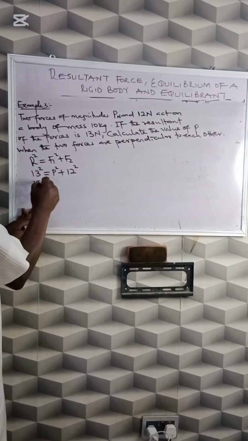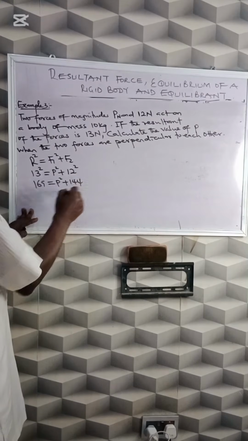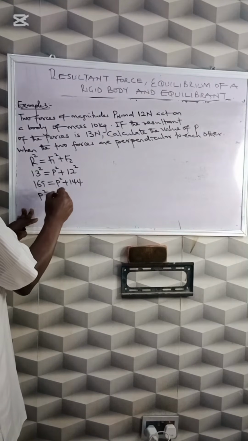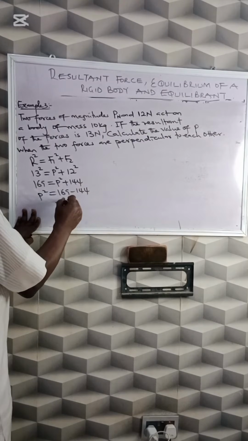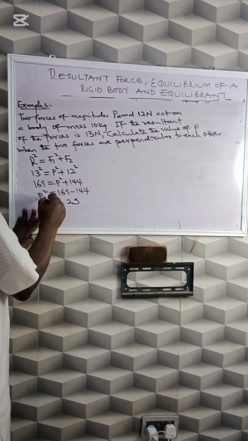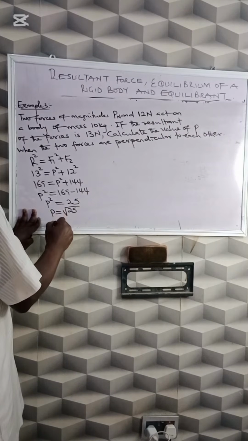So P squared is equal to 169 minus 144. This one will give us 25. P squared equals 25, so P is equal to the square root of 25. P is equal to 5 Newton. That is